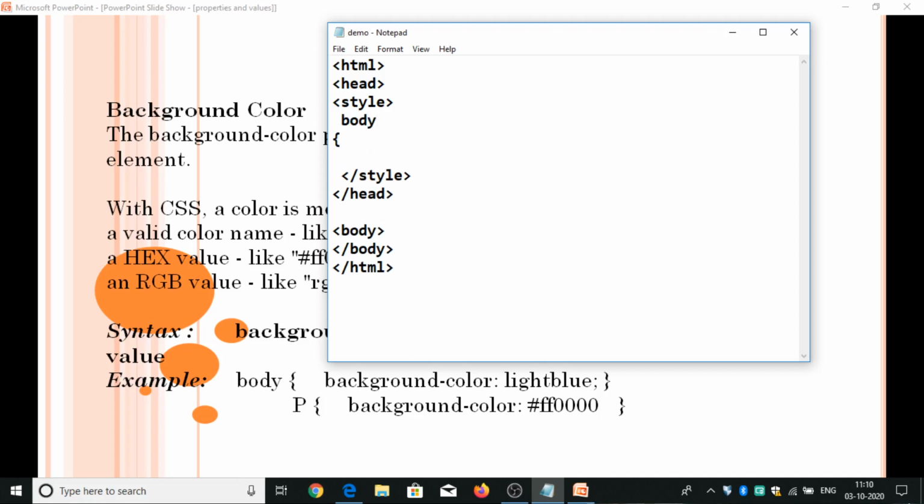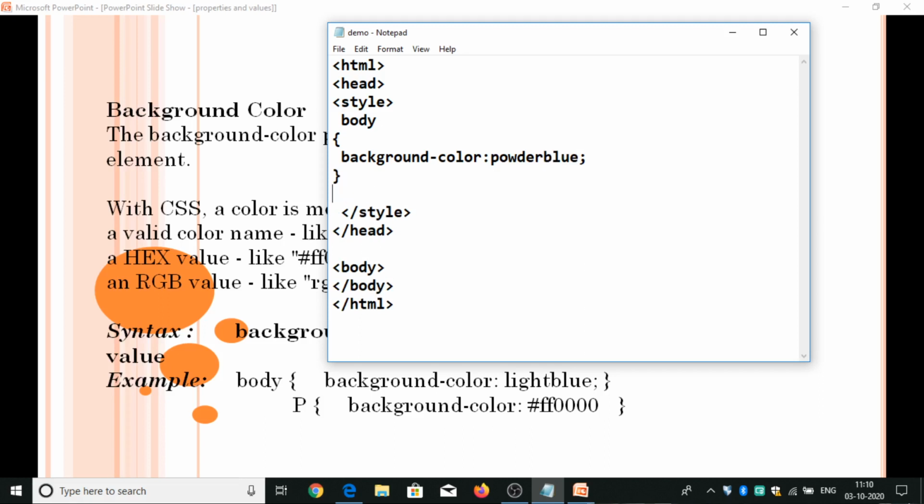Body, property name is background, powder blue. H1.